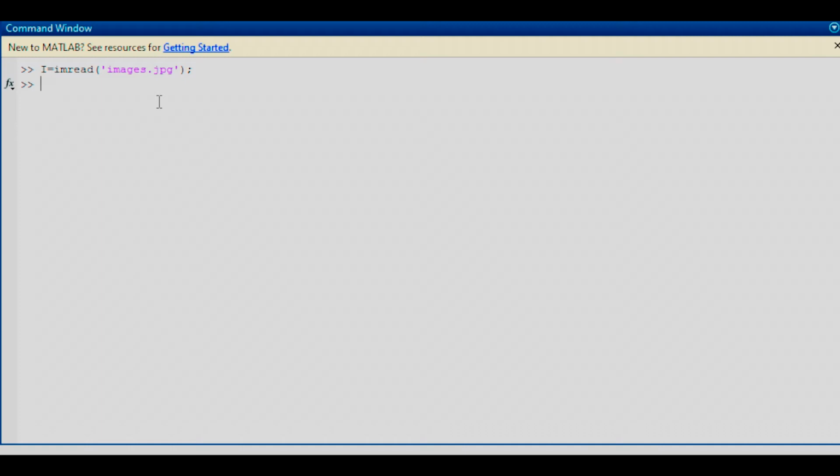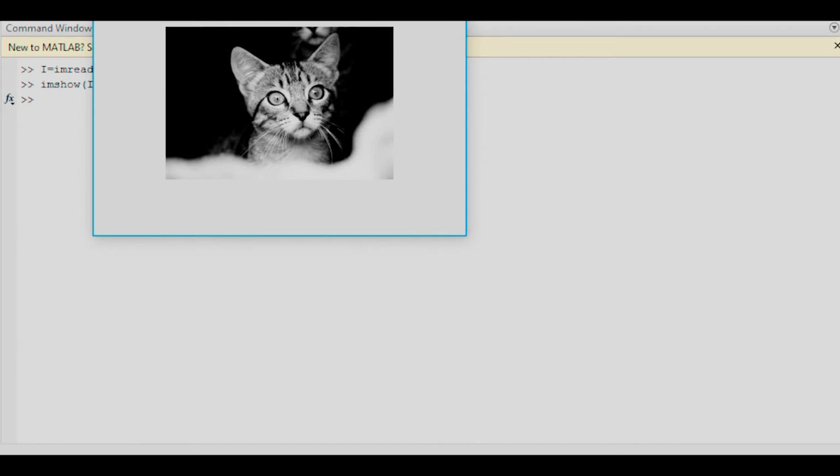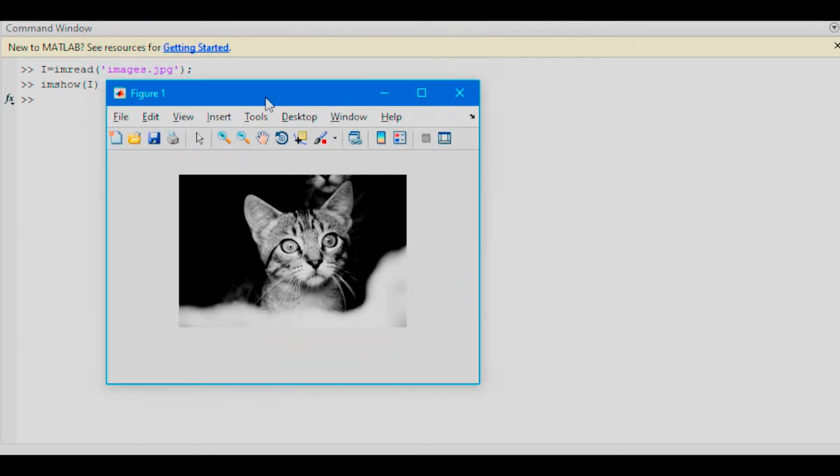There the image gets loaded, and if you want to see the image, you just type in imshow, that is image show, and type in the name of the variable that you have stored the image in. There, the image comes in. I have chosen the image of a cat, and the reason I've chosen a black and white one is that this demonstration is going to be on black and white, but on Google the images that you find are actually